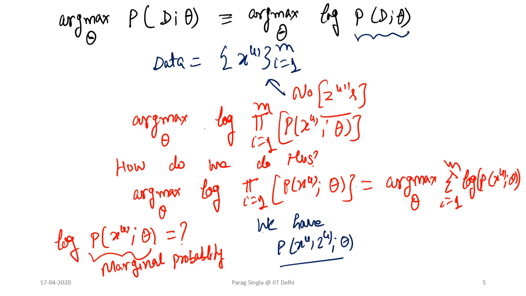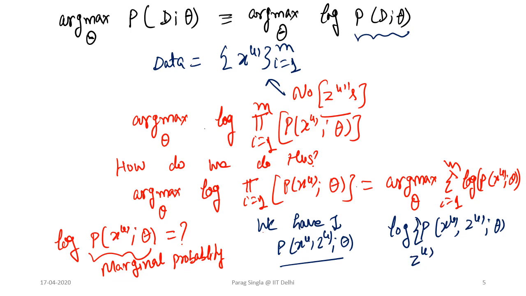We want to compute p of xi given theta, and you would say that's not very difficult. We can equivalently write this expression as log of p of xi, zi, theta, and then we could simply sum over all the